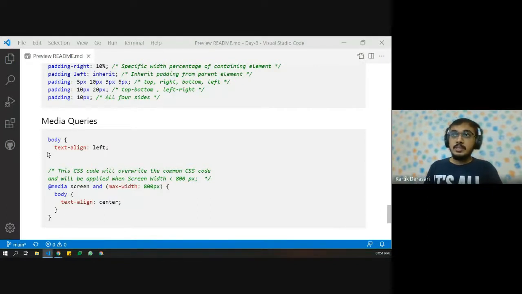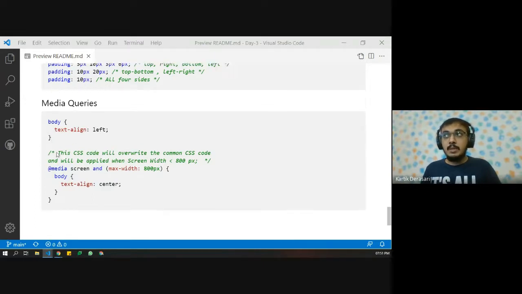This is the CSS which we are writing for all types of screen. Whenever we write CSS in our CSS file, it is applied to all types of different screens.